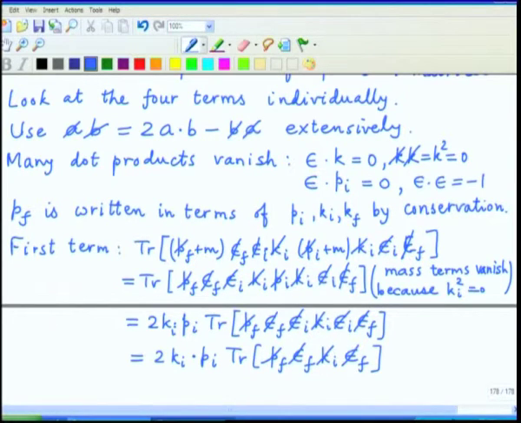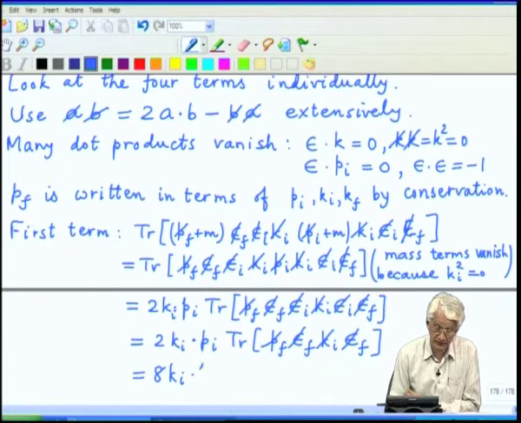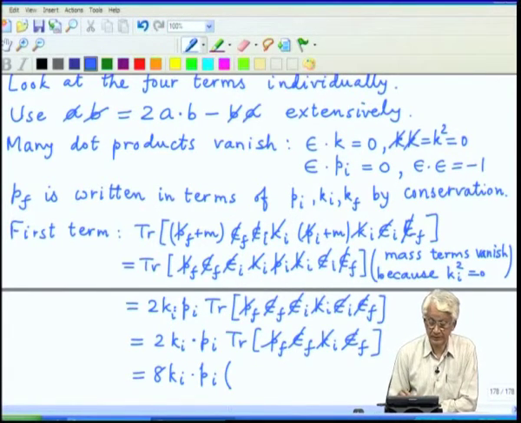So, now we are down to 4 gamma matrices, and now this can be just explicitly written down in terms of the cyclic rules which we have used. So, the result is a 4 comes from the trace, and then there are various combinations which appear in this product. So, the first thing is the dot product of epsilon with k. So, let us just write down it is a